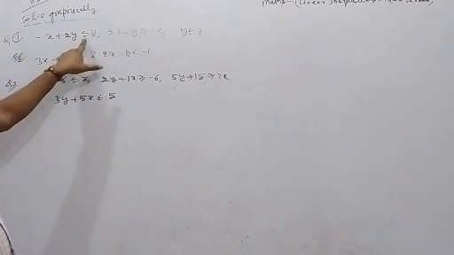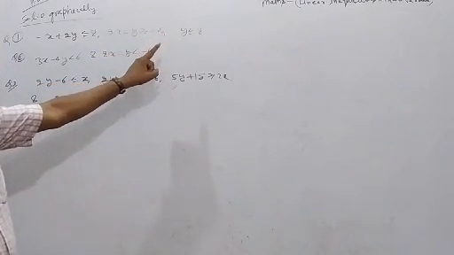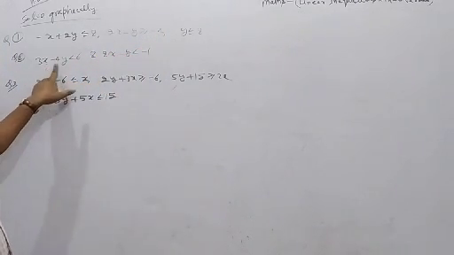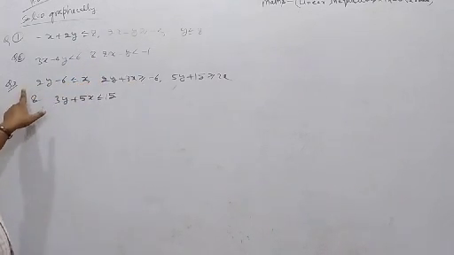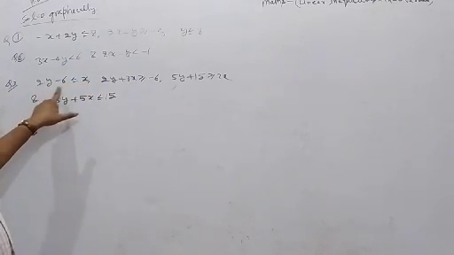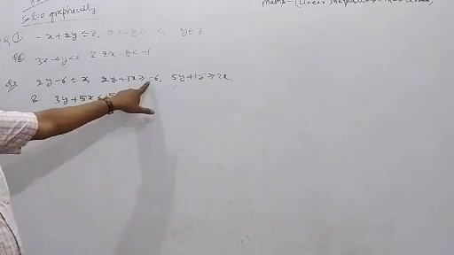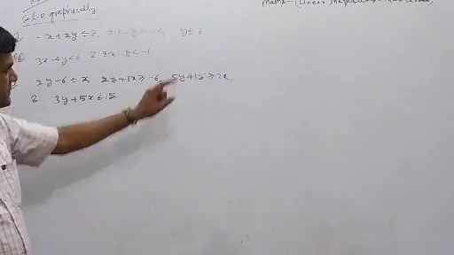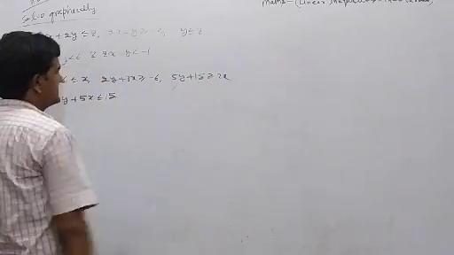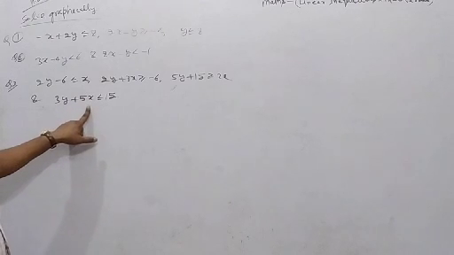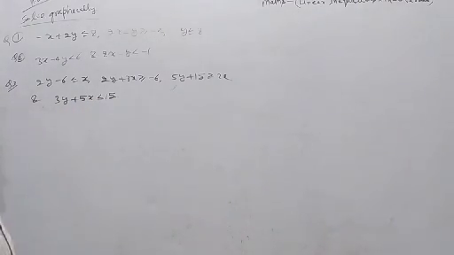Minus x plus 2y is less than or equal to 8. 2x minus y is more than or equal to minus 4 and y is less than or equal to 8. 3x minus 4y is less than 6 and 2x minus y is less than minus 1. The last equation is 2y minus 6 is less than or equal to x. 2y plus 3x is more than or equal to minus 6. 5y plus 15 is more than or equal to 2x. 3y plus 5x is less than or equal to 15. Then these are the homework questions.